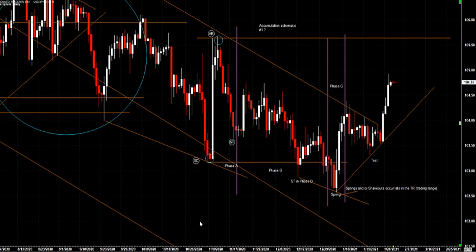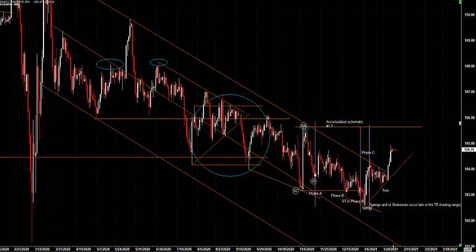With our targets with point and figure, we have a conservative first target, and then we have an overall target, the final target, which would be the second target. You see on some of my charts I have 1T, that's the first target, 2T is the second target. And we're going to track smart money along the way. We're going to trade with them. They have an agenda. They want to take price to these higher levels. If that continues, if our expectations are accurate, we're going to be able to see this